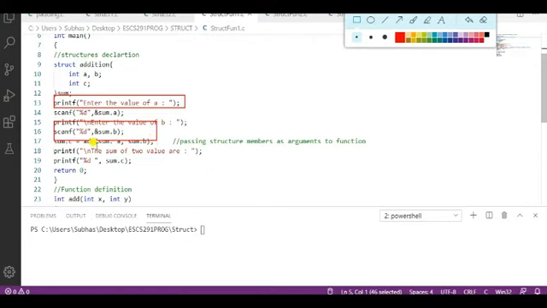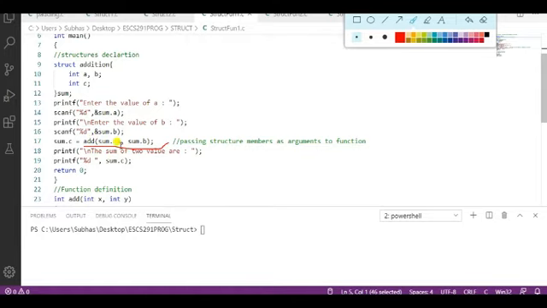Then we call a function. The name of the function is add, and when we are calling the function, we are just passing the individual members.